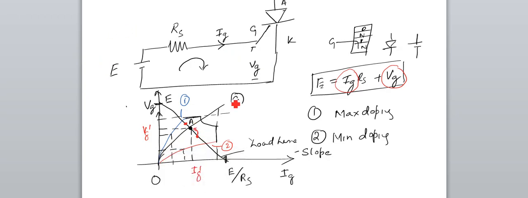to operate the SCR. So this region basically tells you about the safe operating region of the SCR gate circuit. So you need not go out of this region. You have to always be inside this region to protect your gate circuit. This is how you can save your gate circuit.